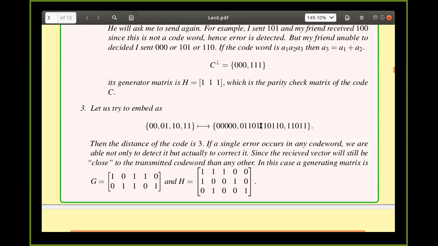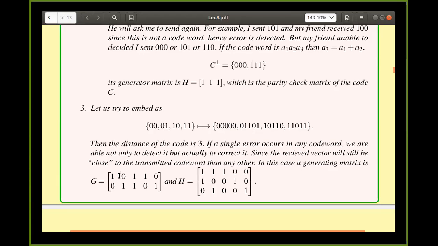I'll take these two vectors. These are linearly independent. Why did I write the first and third vector here? Because it is better that the first two columns give an identity matrix. That will help us. Look at the code words here: the first two letters are the same message 00, 01, 10, 11, and the last three are redundant bits. But what happens if I write it differently? That is still not a problem, as we will see in a while.